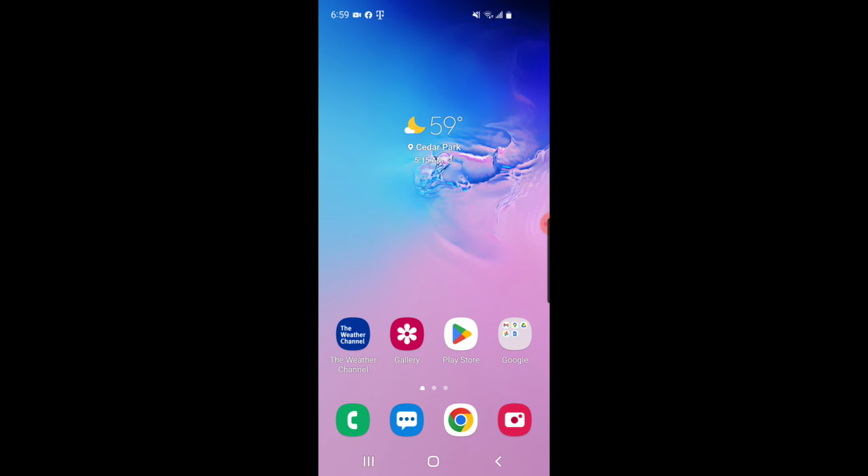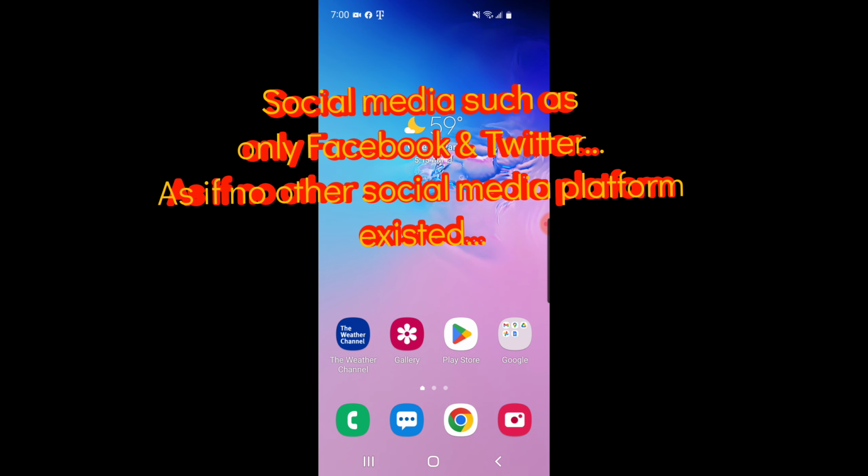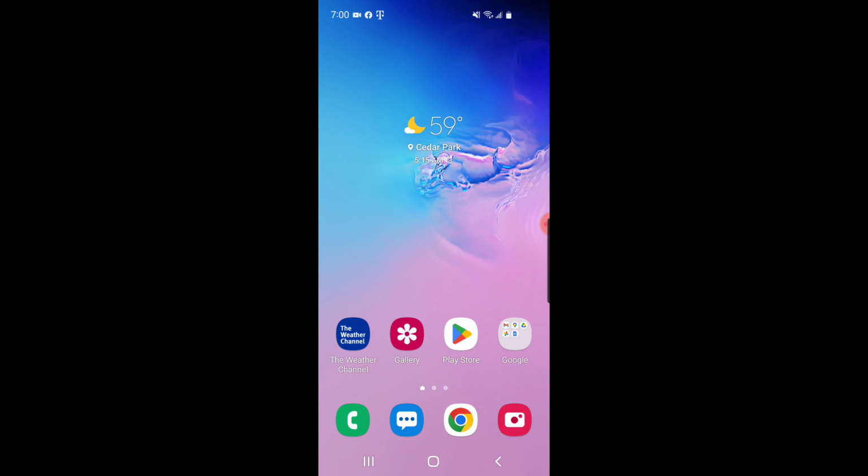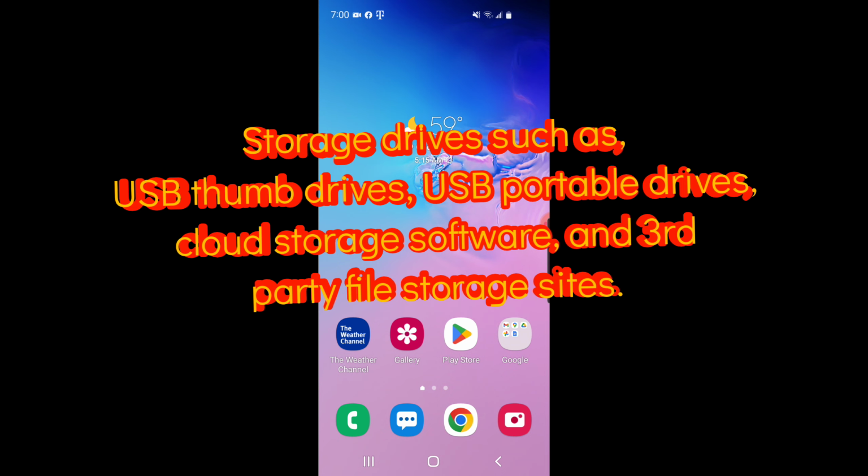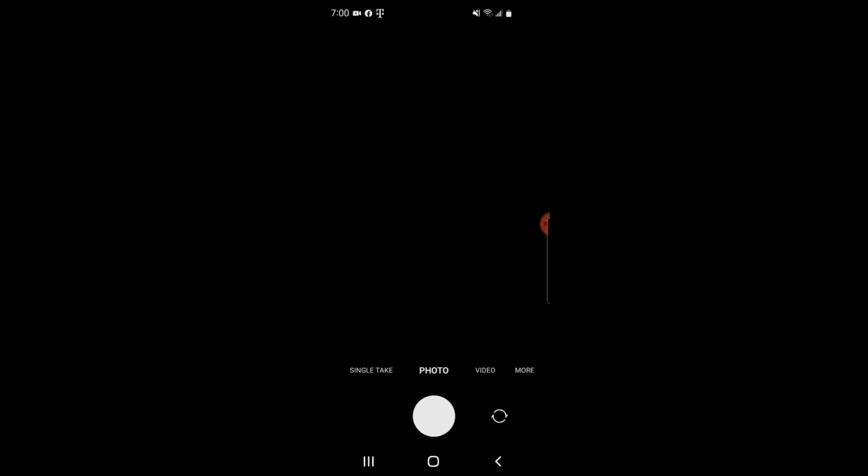FireyPaperMario here, and welcome back to another do-it-yourself video, which involves transferring all your Nintendo Switch clips and screenshots that you recorded down to your mobile phone and tablet devices. Just in case you want to store them outside of posting them on social media, that's tutorials for you. Not only that, but you can store them in any type of storage drive, but let's not get to that later. Let's just start by opening the camera app on my phone